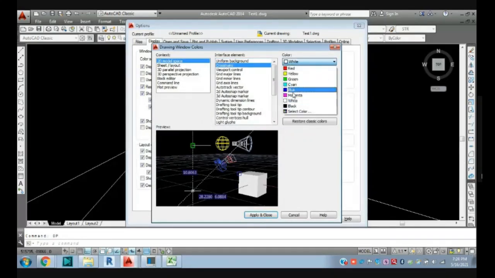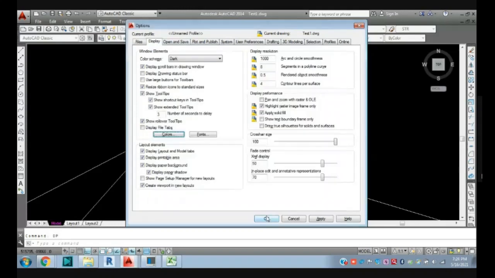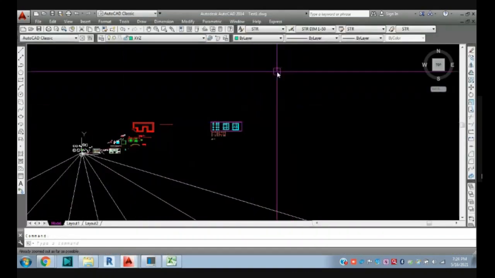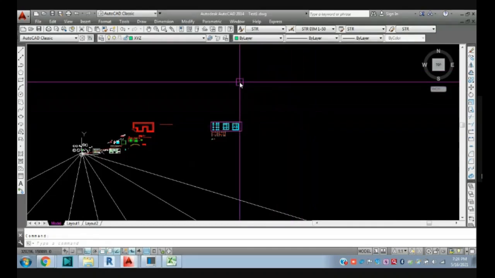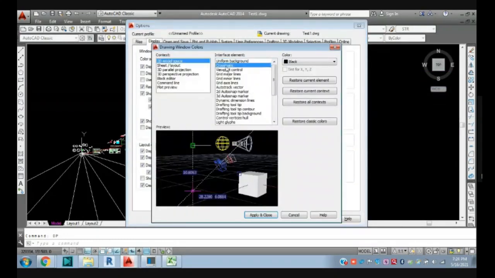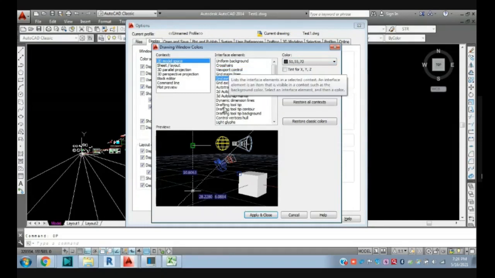Suppose I select magenta and apply, close, apply, okay. You can see my crosshair is in magenta color. If you go again, select colors, select crosshair, I will go with white. All those things you can control from here.